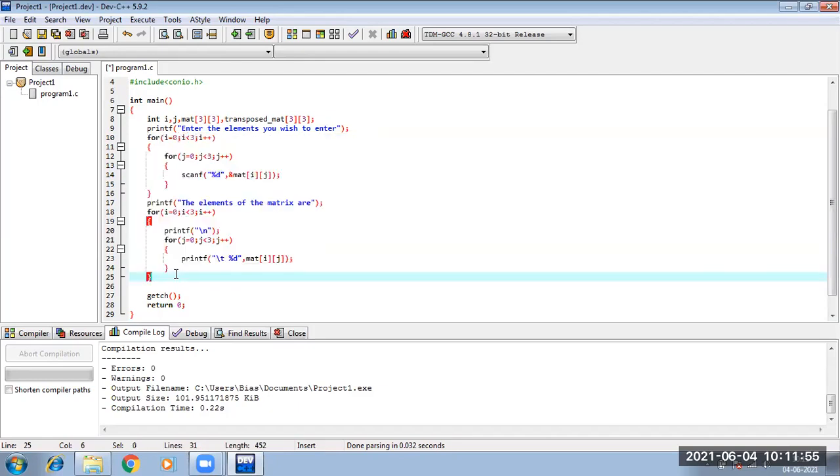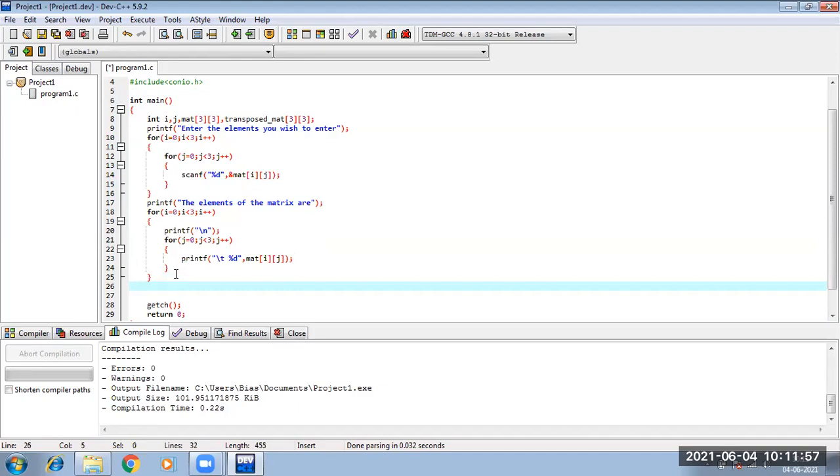After I show the 3 by 3 matrix elements, then I need to perform the logic of the transposed matrix, and then again I need to show the transposed matrix. So this logic of the transposed matrix, what is that? We have just learned whatever is in matrix of Ij will be opposite in matrix of Ji, right?